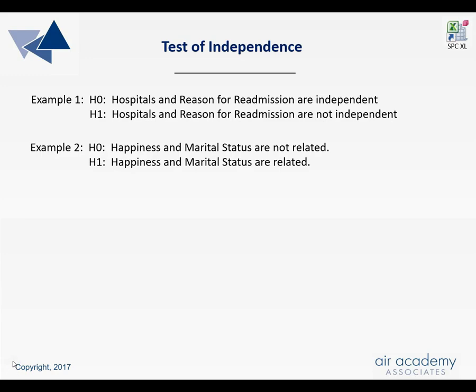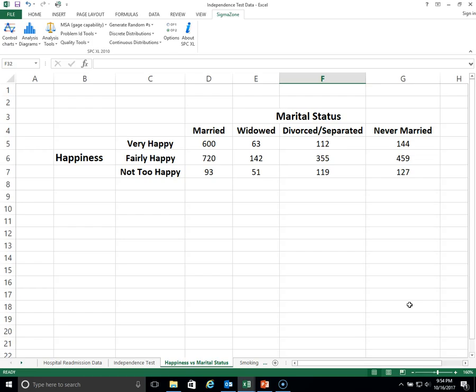A second example we'll look at is looking at the categorical variables called happiness and marital status. Let's check to see if there's any relationship between these 2 categorical variables. The data you see here on this Microsoft Excel spreadsheet comes from a very large sociological study that involved many variables, including marital status and